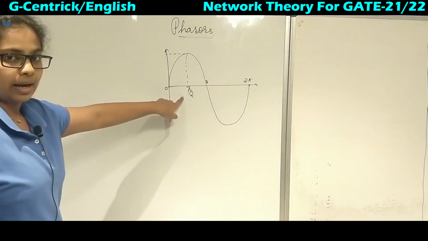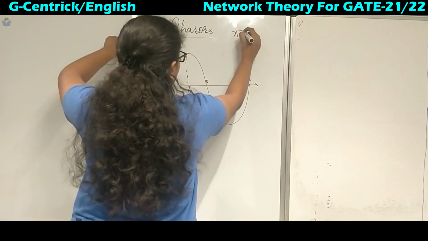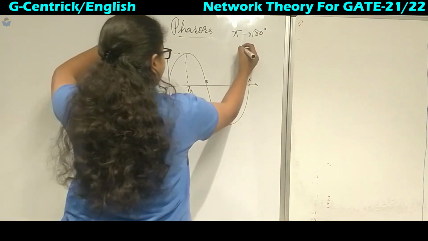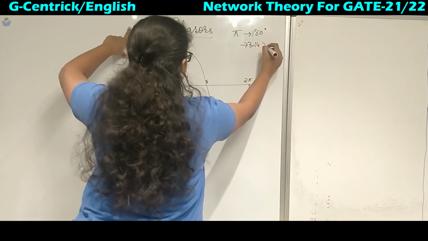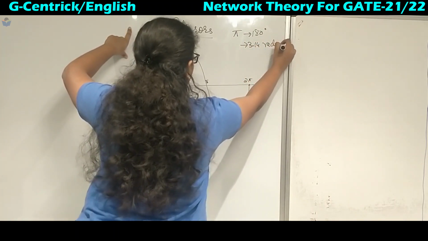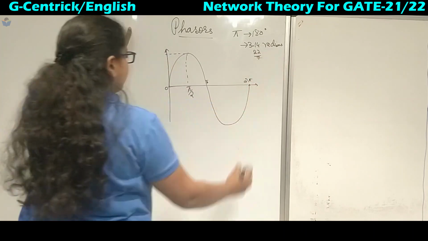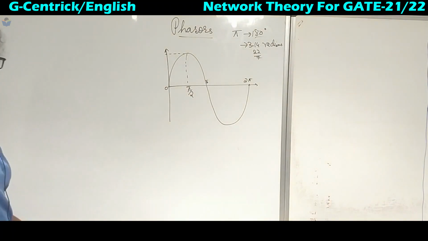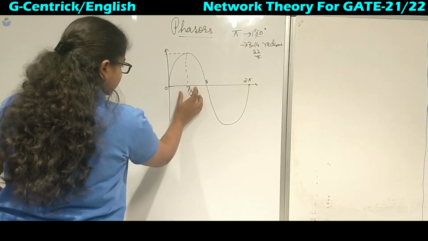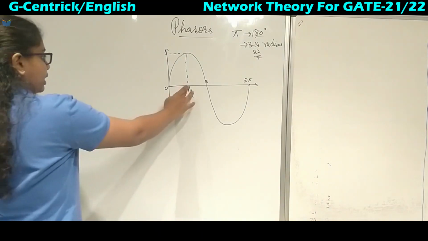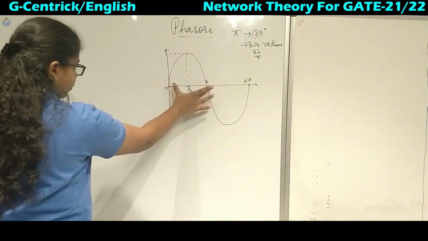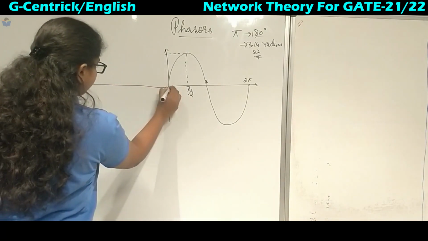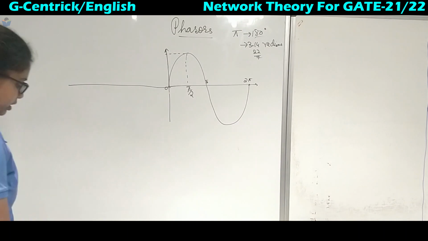When we write pi, it may be of two types. One is in degrees, that is 180 degrees, or the other value is in radians, that is 3.14, or 22 by 7. Most of the time we will represent it with degrees. So the pi representation is 180 degrees. 180 by 2 will give you 90 degrees, which is half of 180 degrees. So this is how we can represent it in the form of a phasor, we will see that.